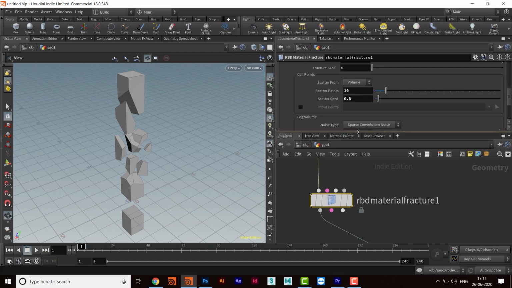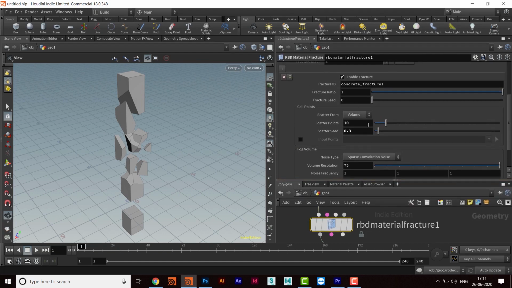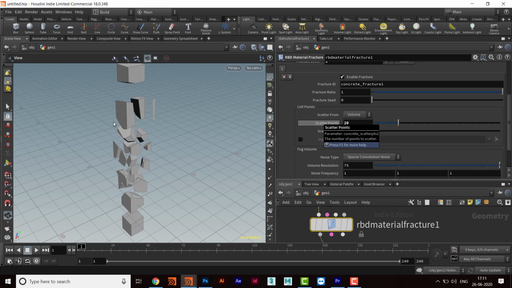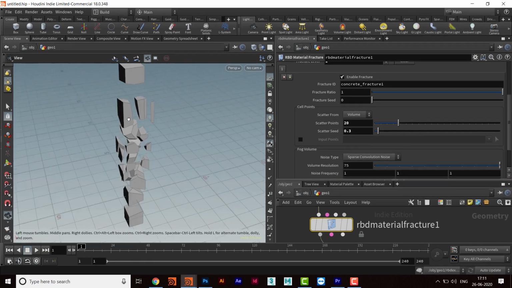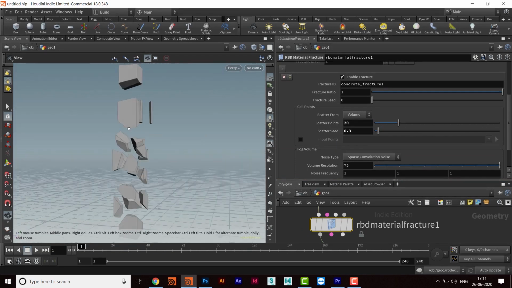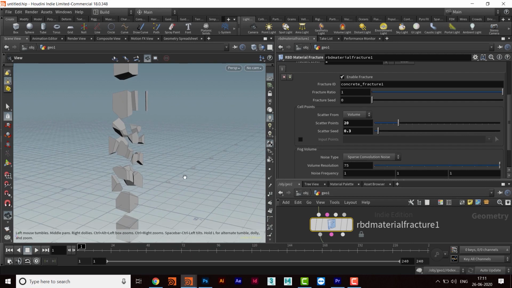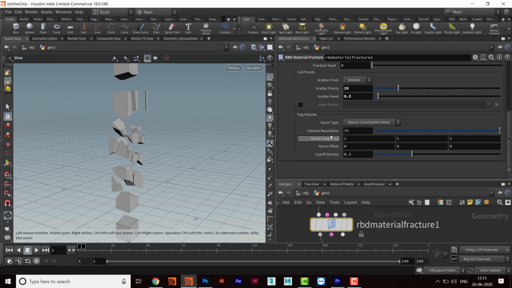Then we can go here and make the changes we require. We can make it 20 or whatever number we want. But here is one thing: when we are giving this value, we can make changes to the scatter point, and we can change the scatter seed value, or we can also use the noise which is being used at the points to spread them onto this volume.